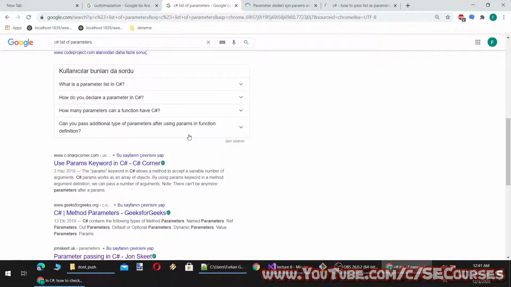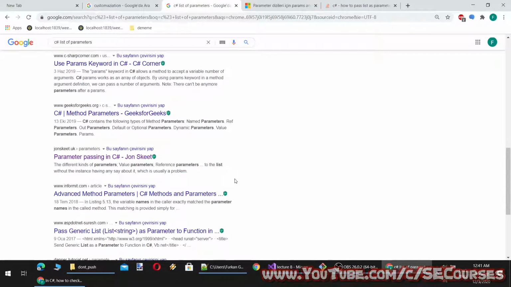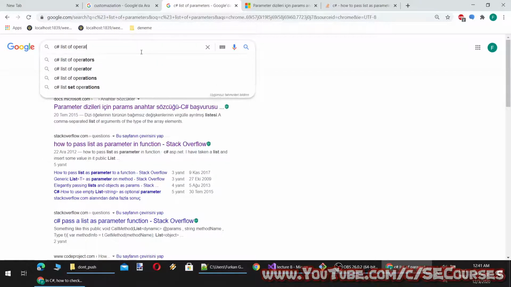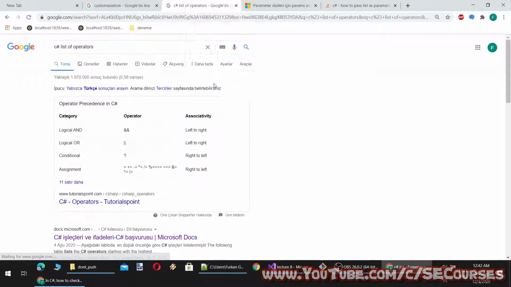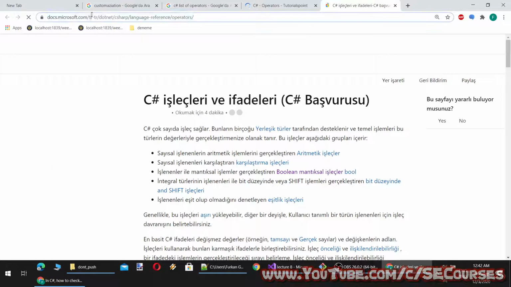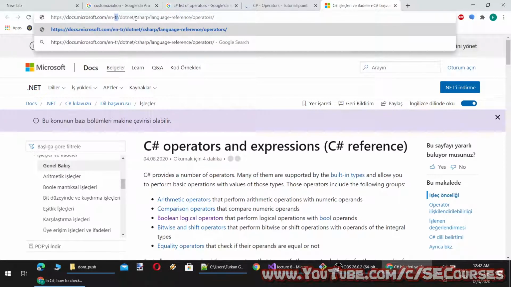Not parameters, these were operators or something. Yeah, these are operators. Okay, here let's open the English version of this page.